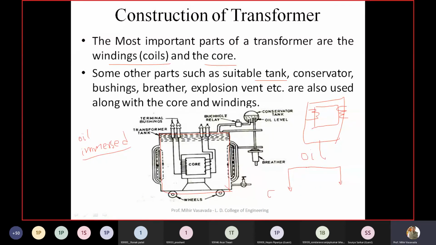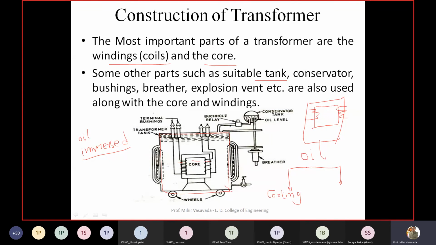What? The first is cooling. It cools the transformer, right? The heat generated, because the transformer is a stationary device and it is delivering power in kilowatt, megawatt, kVA, MVA, right? So the current flowing is also high. So I square R t, heat generation is there. So in order to dissipate the heat, this construction, the oil tank, is used. Because oil is liquid, it will be everywhere. This entire tank is filled with the oil. So oil is everywhere. So this oil will be in contact with the winding itself directly.